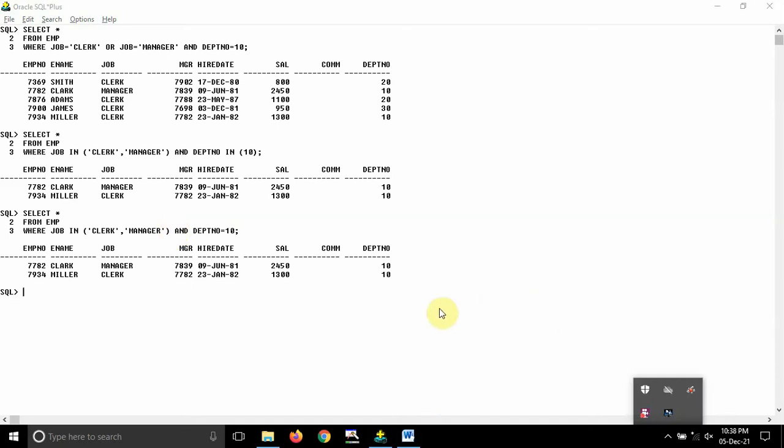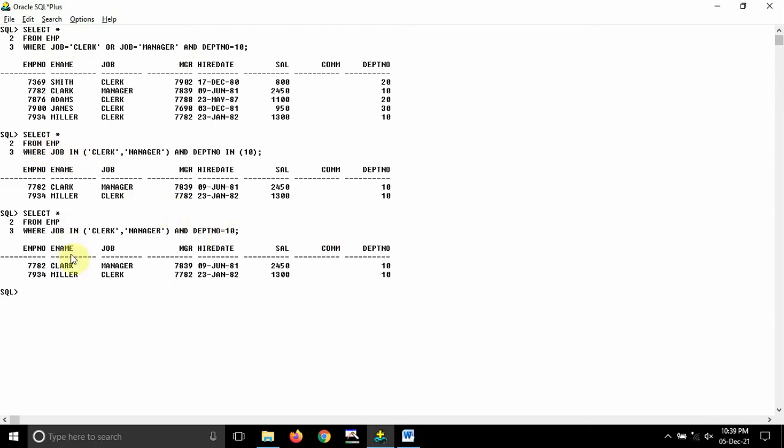Alright, guys, so basically the first thing which was displayed over here, that is select star from EMP where job equal to clerk or job equal to manager and department number equal to 10, this is actually the wrong output, guys. We had not noticed this. You can see here, department number should be equal to 10, but department number 20 is also displaying, and department number 30 is also displaying. That is because of the bracket, guys, which I just explained, but I forgot to write it. So this is the correct output.